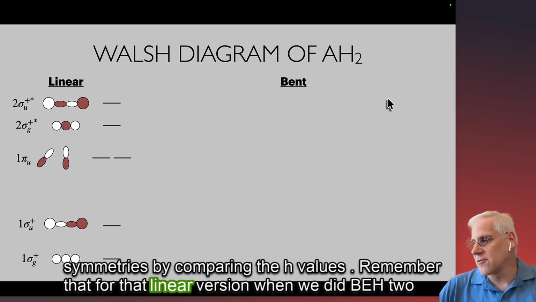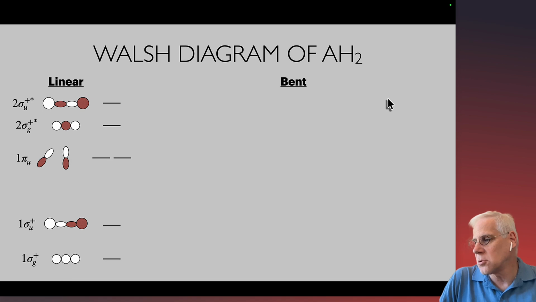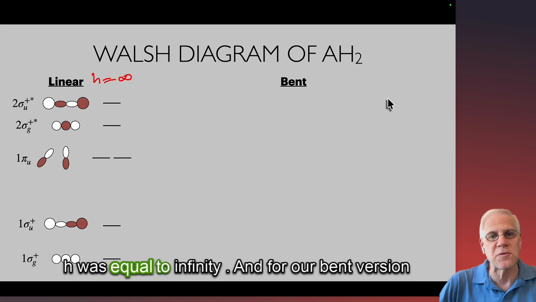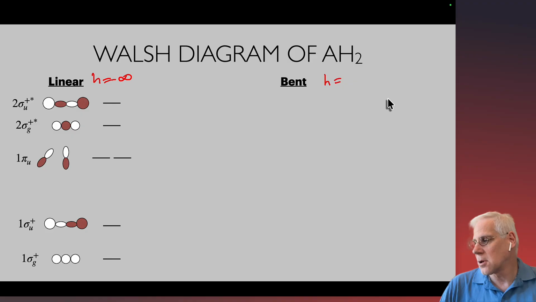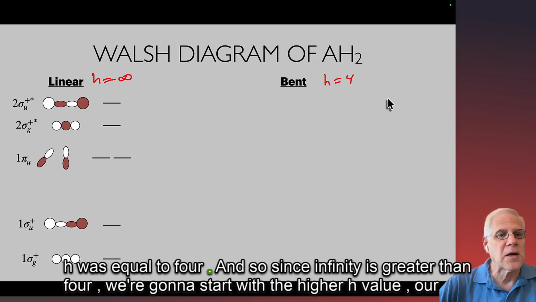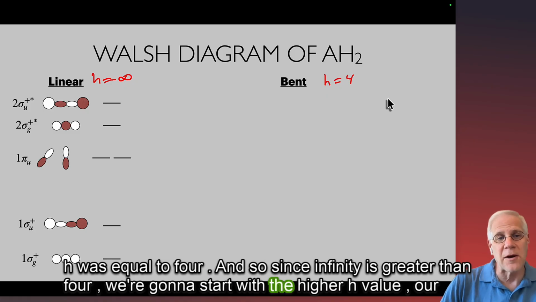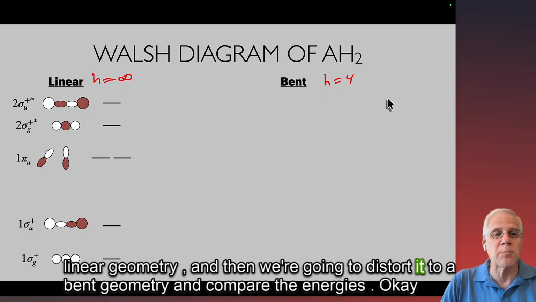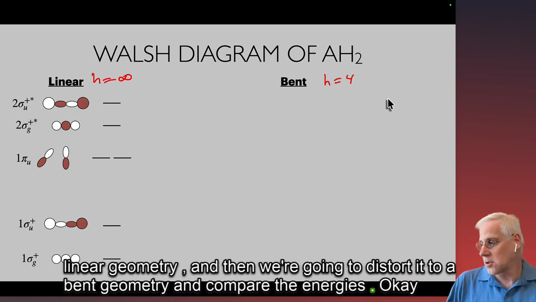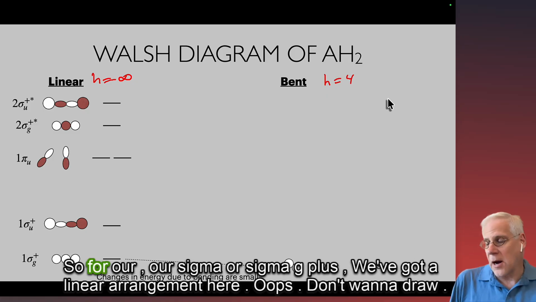Remember that for that linear version when we did BeH2, H was equal to infinity, and for our bent version, H was equal to 4. And so since infinity is greater than 4, we're going to start with the higher H value, our linear geometry, and then we're going to distort it to a bent geometry and compare the energies. Okay, so for our